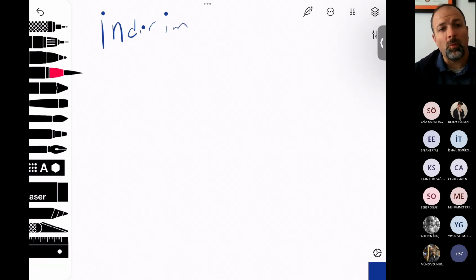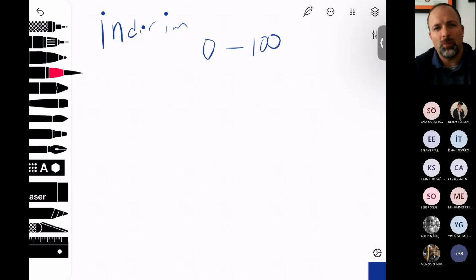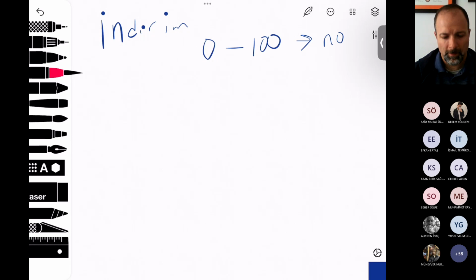Okay. Now, what they want to do is they want to say that if a customer spends up to, say, 100 tele, okay, so 0 to 100 tele, they get no discount. They just pay what they bought, right? So no discount. Okay. If they spend between 100,